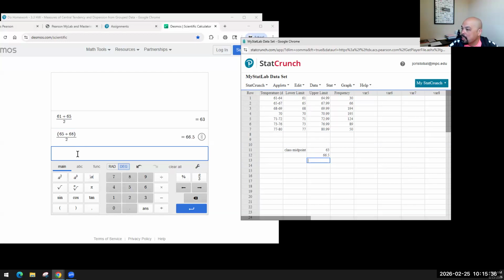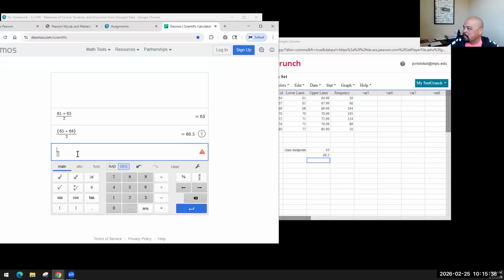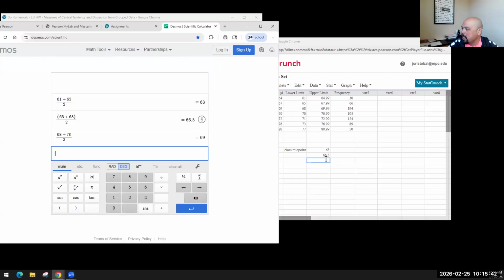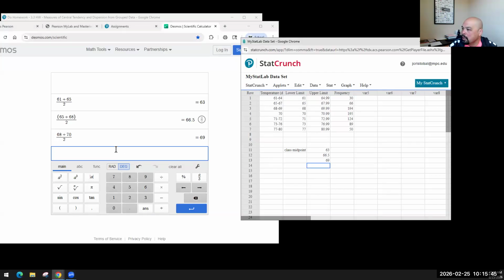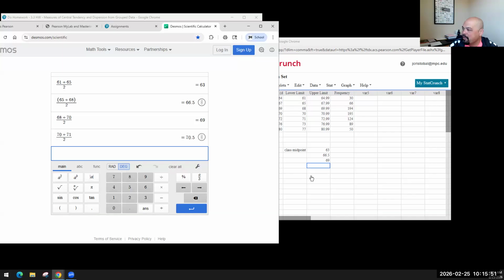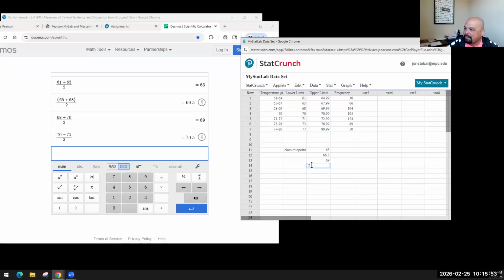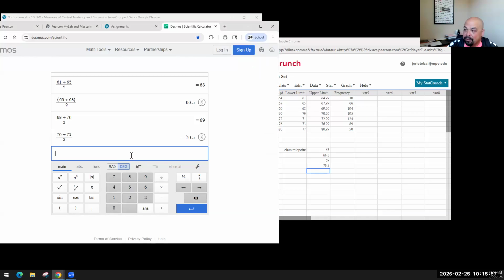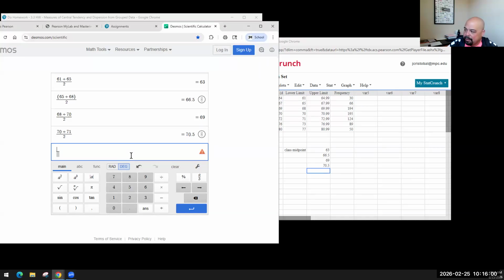66.5. Continuing that pattern, let me make my fraction first. 68 plus 70 divided by 2, 69. Next class midpoint, 70 plus 71 divided by 2. That one we might be able to do in our head: 70.5. And again, it's not very often that we see these classes that have different class widths, such peculiar